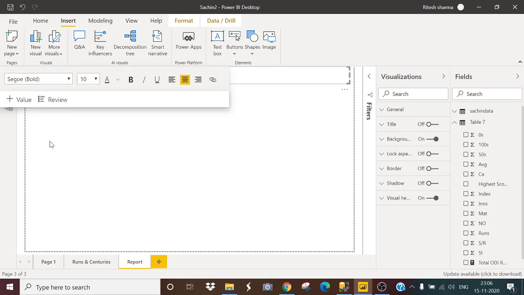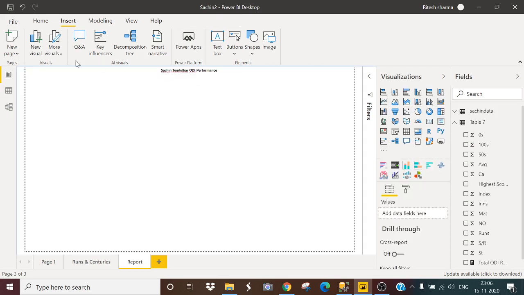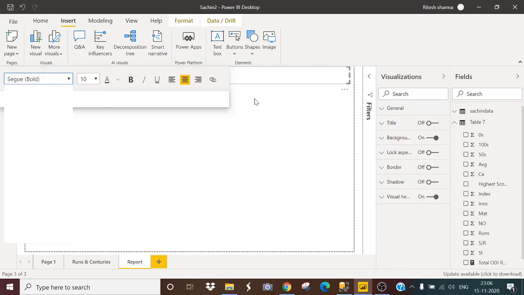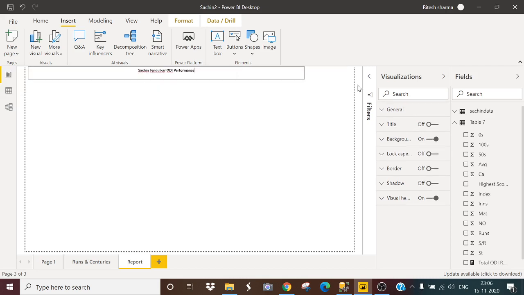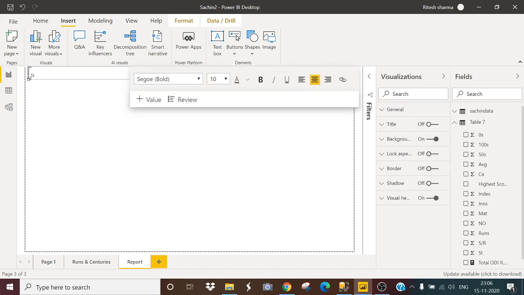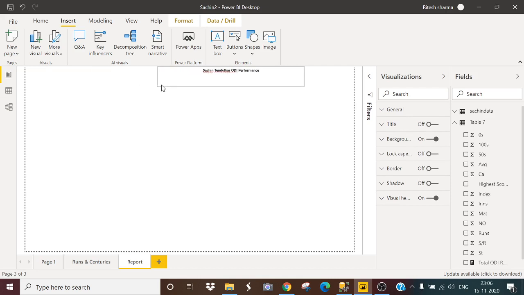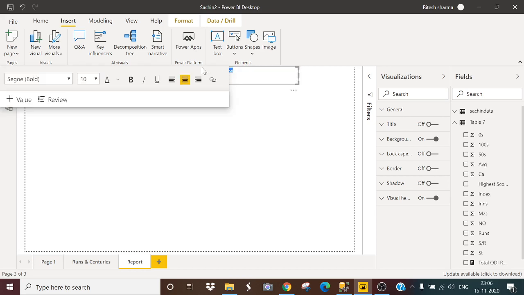I will make this a bit smaller so that it is visible to you, and drag it here, and from here also. It's fine now, I think. I will select this also, press Ctrl+A and increase the font size.